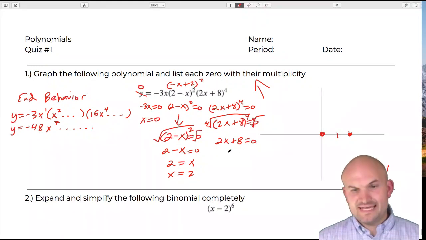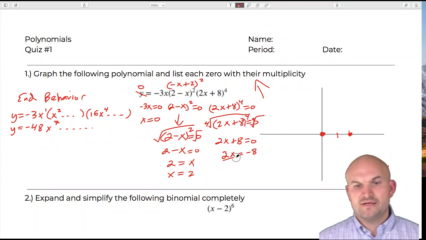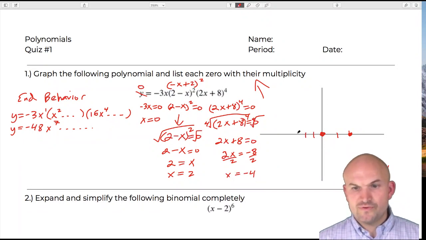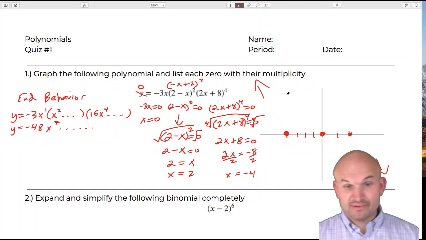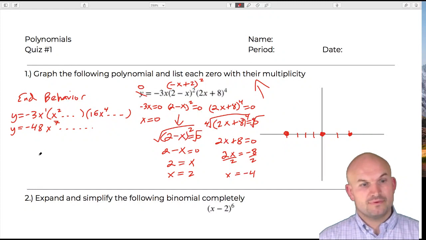And then if you subtract the 8 and then divide by 2, you have 2x equal to negative 8. Divide by 2, x is equal to negative 4. Okay, so now I have a zero at 0, at 2, and also a zero at -4. So my zeros, I'm going to write in set notation here,